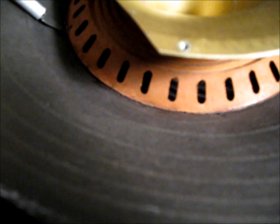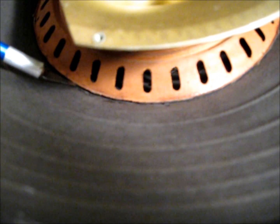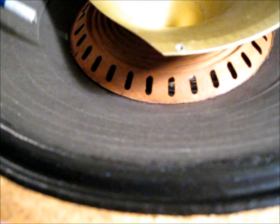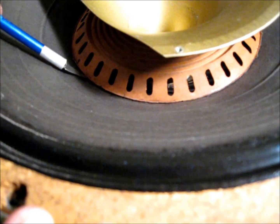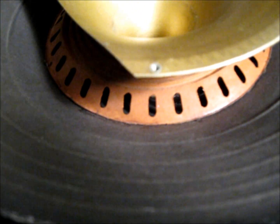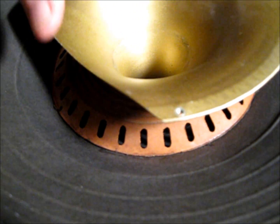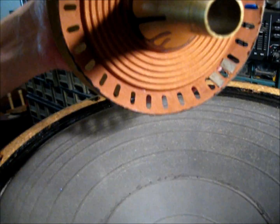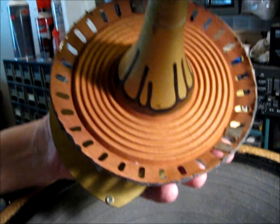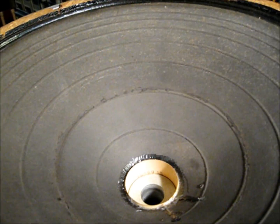I went all the way around here carefully with my X-Acto knife and pushed and lift and pushed and lift, being very careful that I didn't rip or cut the spider, because it's old and it's brittle, and being very careful that I didn't cut or puncture the cone. Now once I got that loose all the way around, I thought this horn flare might be threaded at the bottom of the throat, but actually it's just a compression fit. So the whole assembly lifts out,